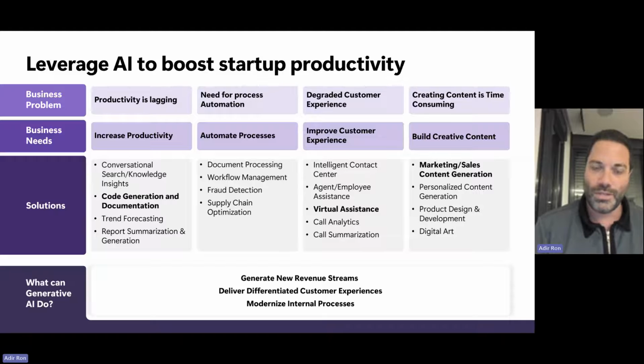in a startup, because working with startups, we know that automation is something we usually save for last. It used to take a lot of resources, and you want to do things fast, and sometimes doing it manually and repetitively is quicker than trying to put all of those rules into something programmatic. But ChatGPT and generative AI actually changed this dramatically, and we'll see some examples of this, for example, on the